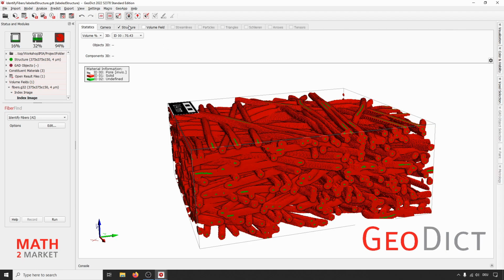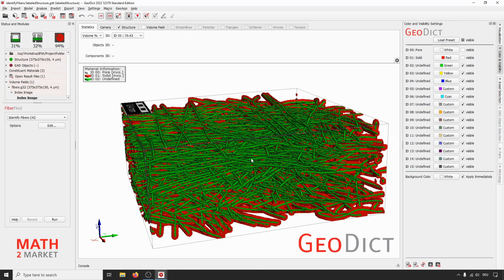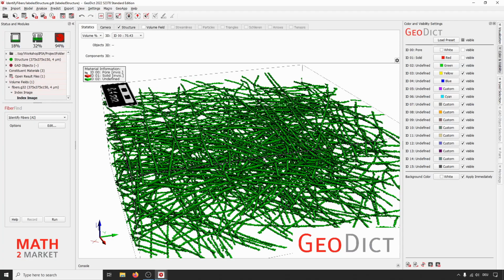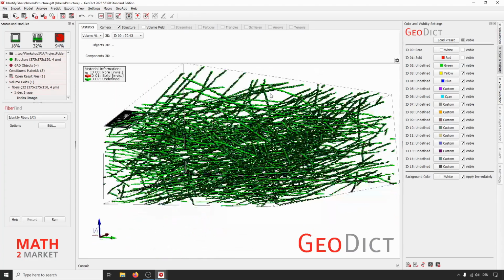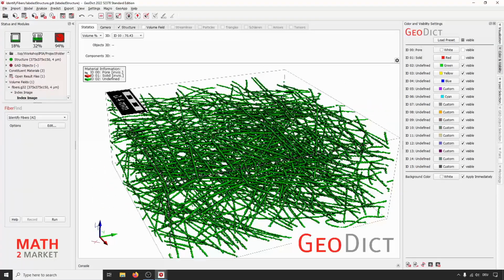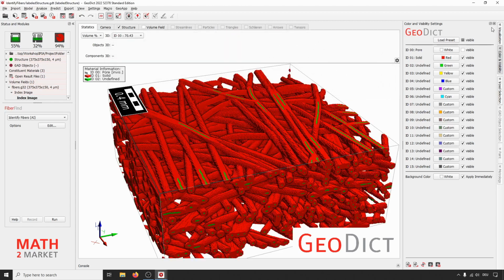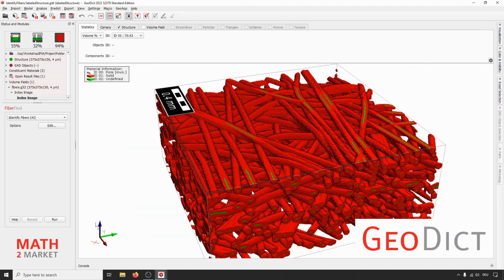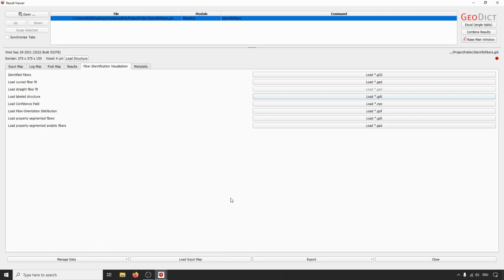So if we go into the visibility options up here and uncheck ID1, you can only see the center lines that were labeled for the structure. So this might also be interesting to get an idea how the algorithm works behind here. Switch back to visible, close that again, have another look at the results.